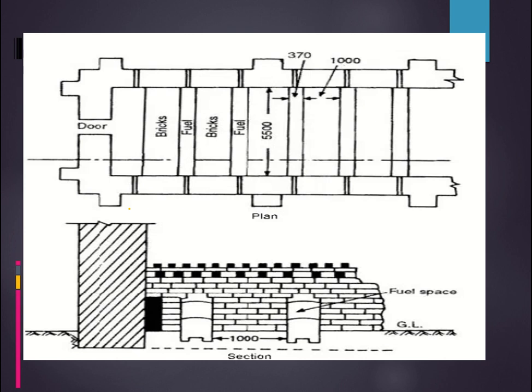So the bricks will burn, and after the specific duration, or after the fuel is completed, then we allow the bricks to cool. Why? Because you can't immediately take the hot bricks outside, right? So you allow the bricks to cool down, and once they cool down, again you get back to the door, you open the door and you take the cool bricks. So what is happening is, the operations are not continuous, means you are waiting. You are filling the bricks into the kiln, you are burning them, you are waiting for the burning process to complete, and then you are waiting for the cooling process to complete, and then you are unloading it. So it is taking time, and also it is not continuous.